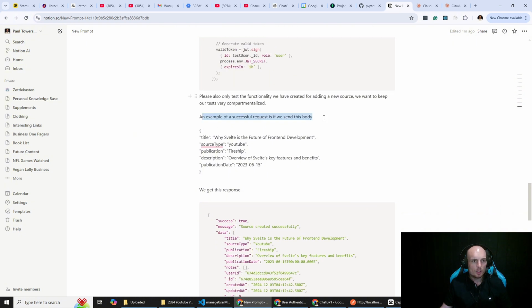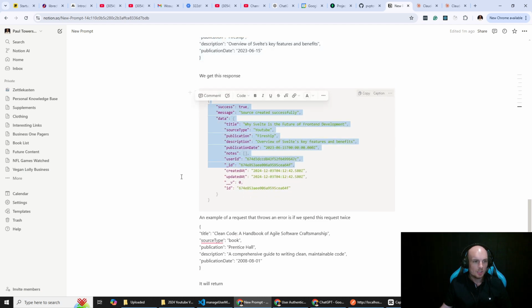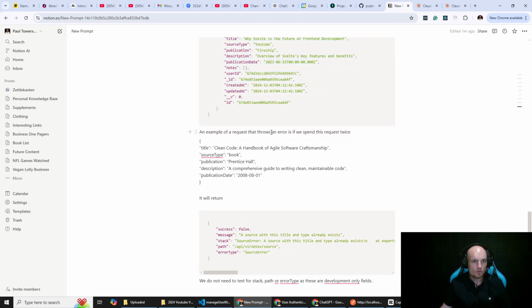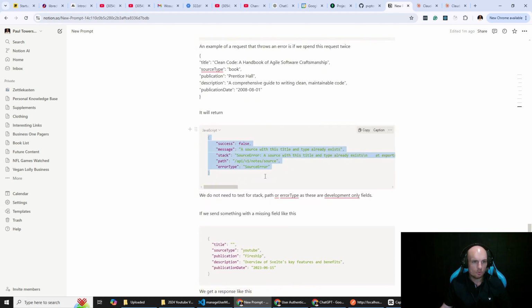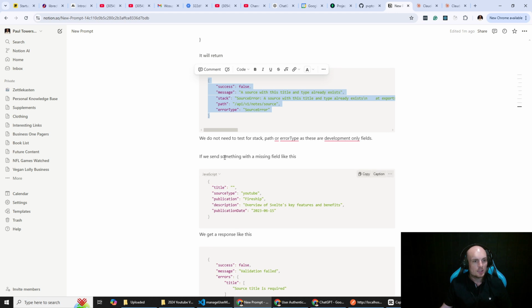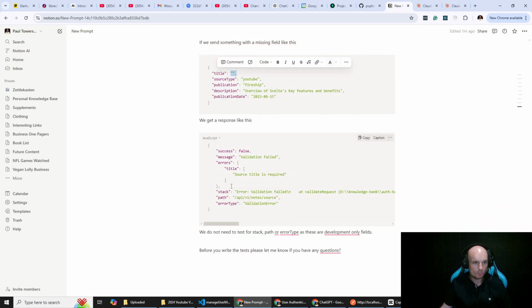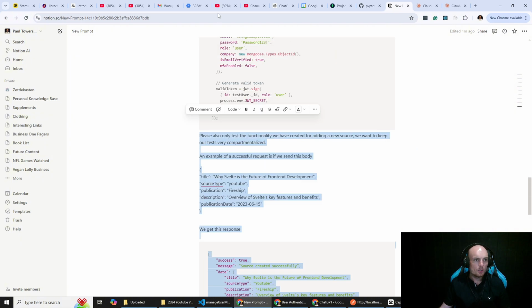Then I've said, hey, an example of a successful request is if we send the body like this, we should get a response like this. For a request that throws an error, like if we send the same request twice, we'll get failed, it's a duplicate. And if we send something with a missing field, so no title, we get our validation errors. So with a little bit of luck,